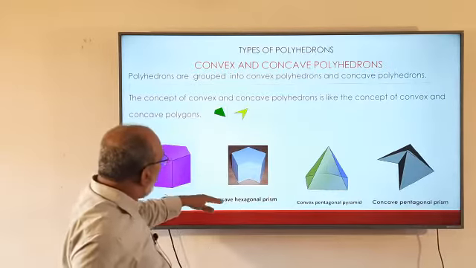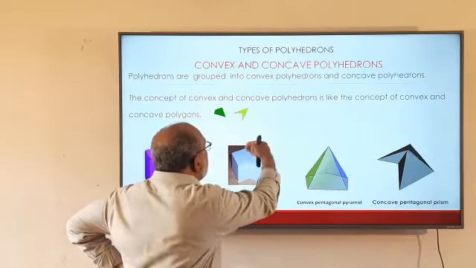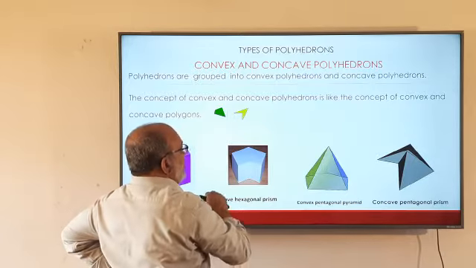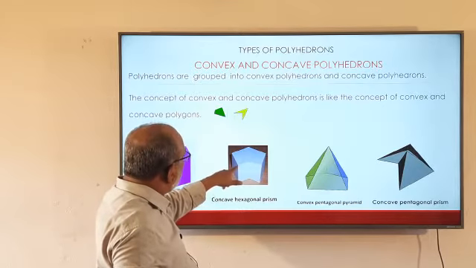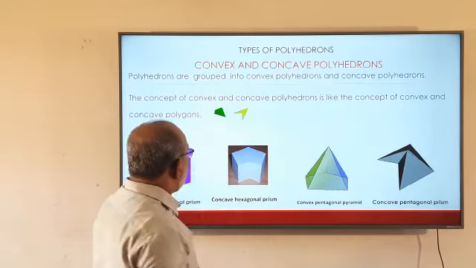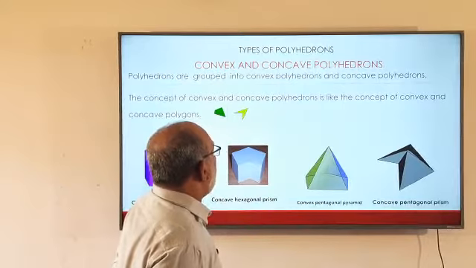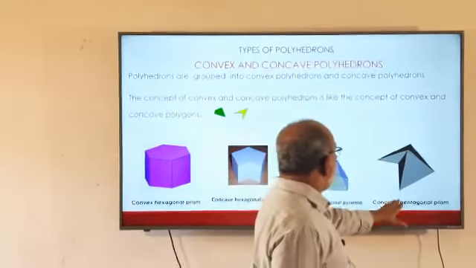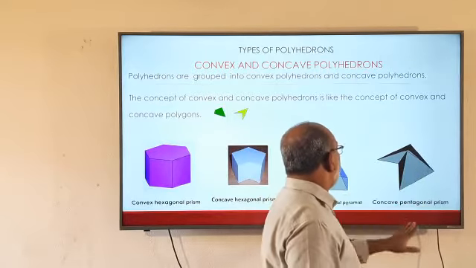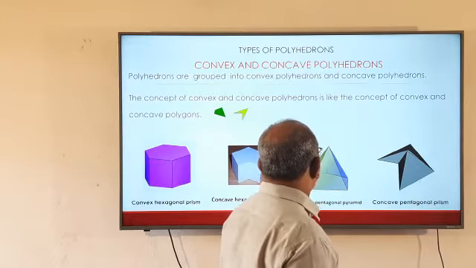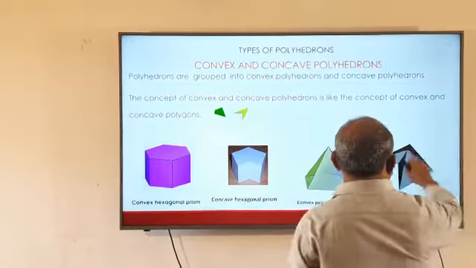Okay. So why is this hexagonal prism concave? See, this inside angle is more than 180. So in the concave hexagonal prism, when we make a line segment between two points, it is outside, and one angle is more than 180. Here you see we have a convex pentagonal pyramid, it is convex, but in the concave one, when I make a line from here to here, it will be outside the polyhedron. So this is a concave pentagonal prism, this is a convex pentagonal pyramid. Sorry, it's also a pyramid, not a prism, right?